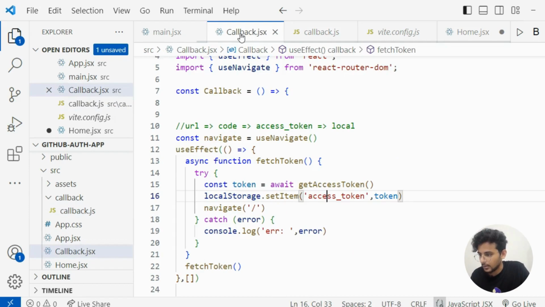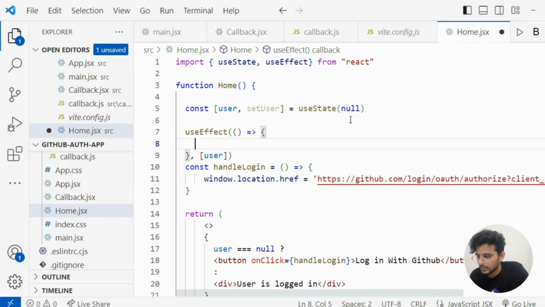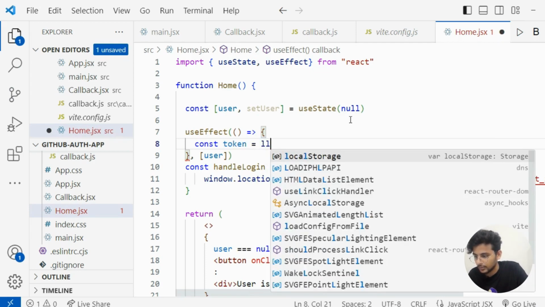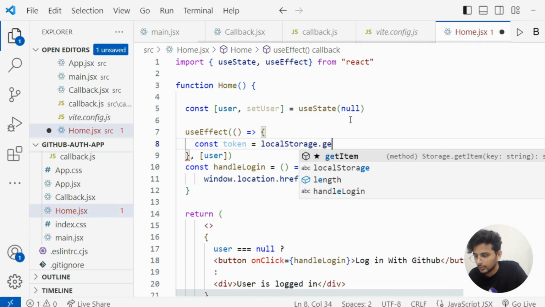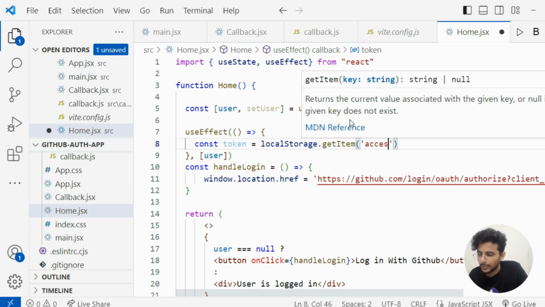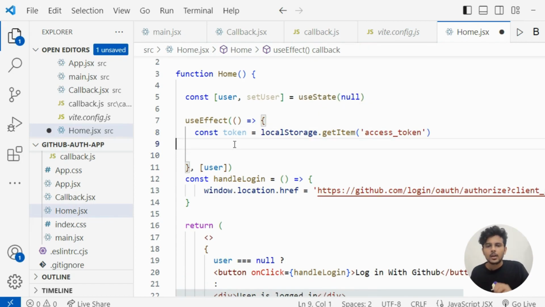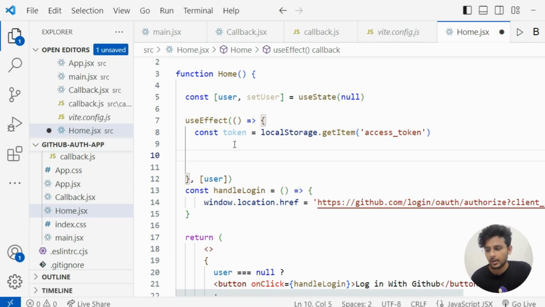Now here let's first access that token from local storage. So we can use localStorage.getItem. Here we'll pass the name we have provided before. When we are going to fetch user data, obviously if the token is present in local storage, then we are going to fetch the user data, and when user is equal to null.